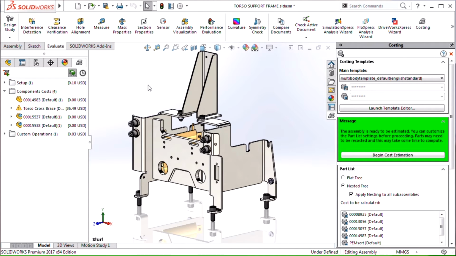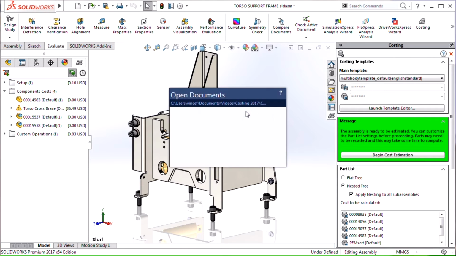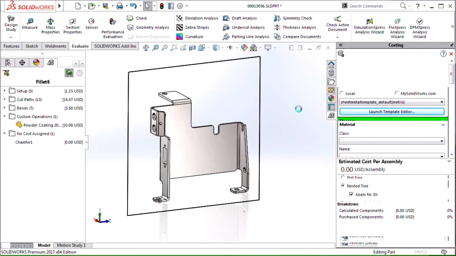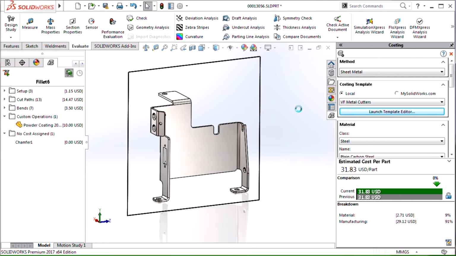To talk about the next new improvement, I'm going to switch over to just the side of my support frame, which I already have open in another window. This is the sheet metal part, which brings me to the second top enhancement, and that's rules-based costing for sheet metal parts. This is something that was introduced in 2016 to machined parts, but now is available for sheet